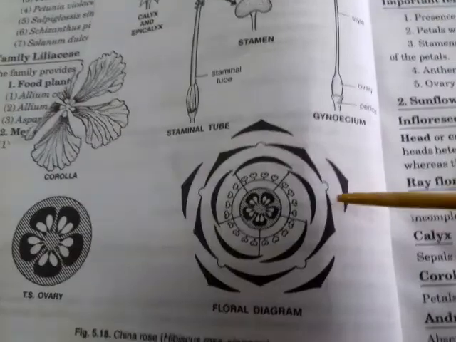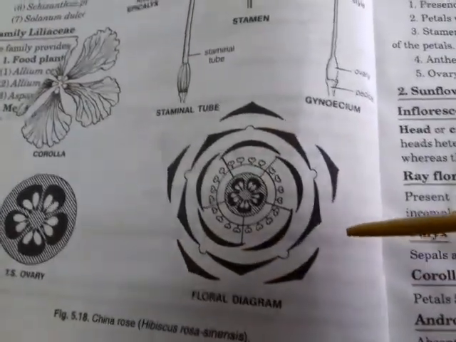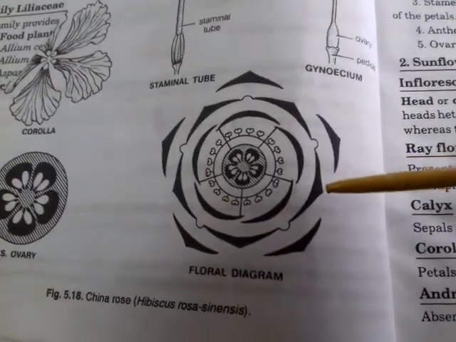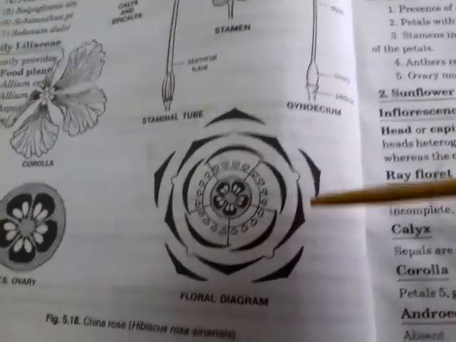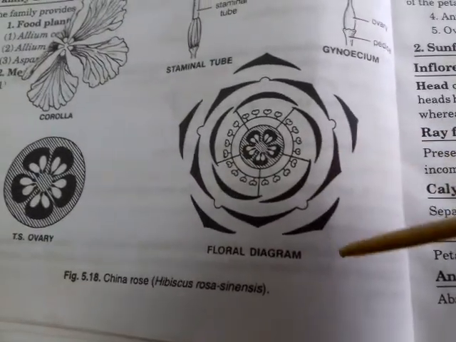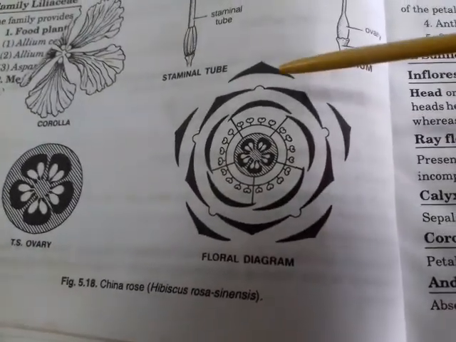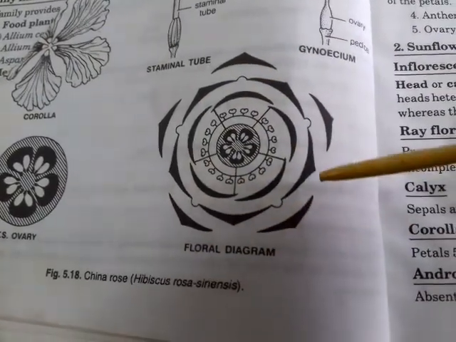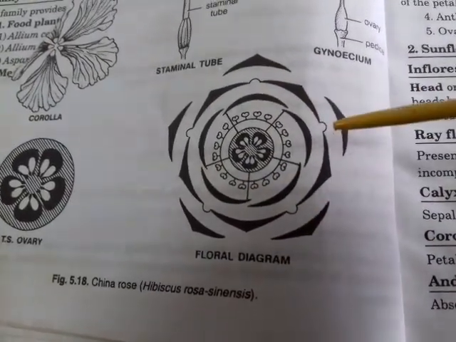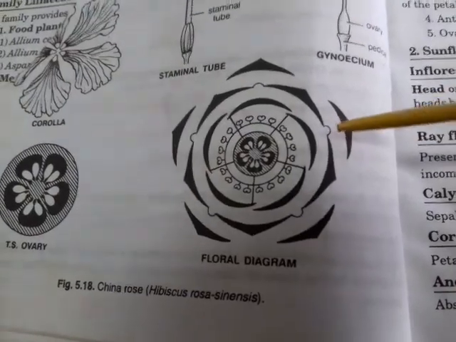Now, this is the structure of the floral diagram. You have to know the floral diagram and the floral formula exactly. So you can see here, all are end to end. This is showing your epicalyx. Then you are seeing it is the calyx. They are joined, and if they are joined, you join them with an arc.